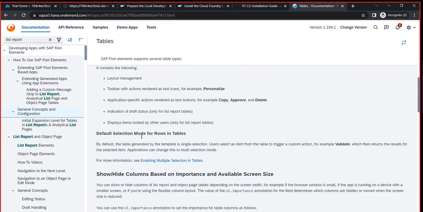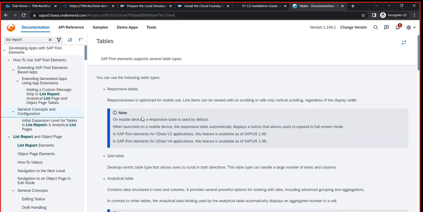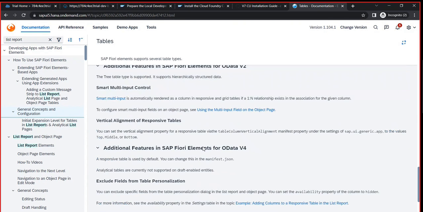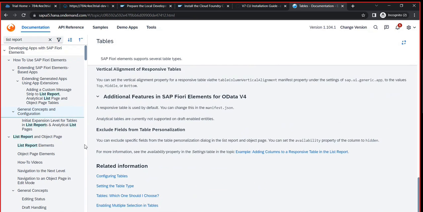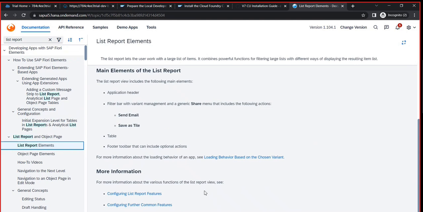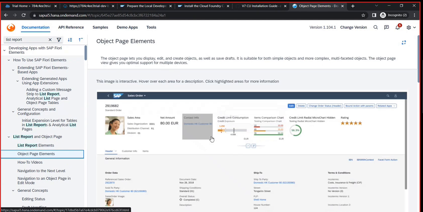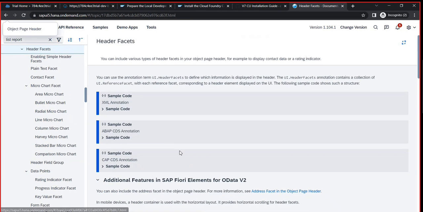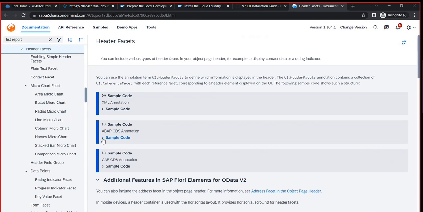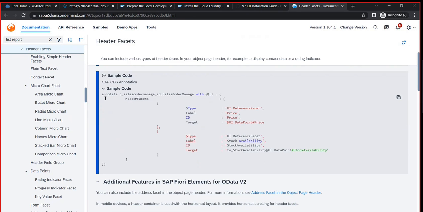a set of annotations. So there are this record type, UI data field and everything. See, this is XML annotation. Same way for most of them, they have also given us the annotation that we would be using for CAP based annotations as well. So if I just say this sales area, can you see? It just says, okay, if you want to go with ABAP based development, this is how you can generate the facet. If you want to go with the CAP, this is how you can generate the facets